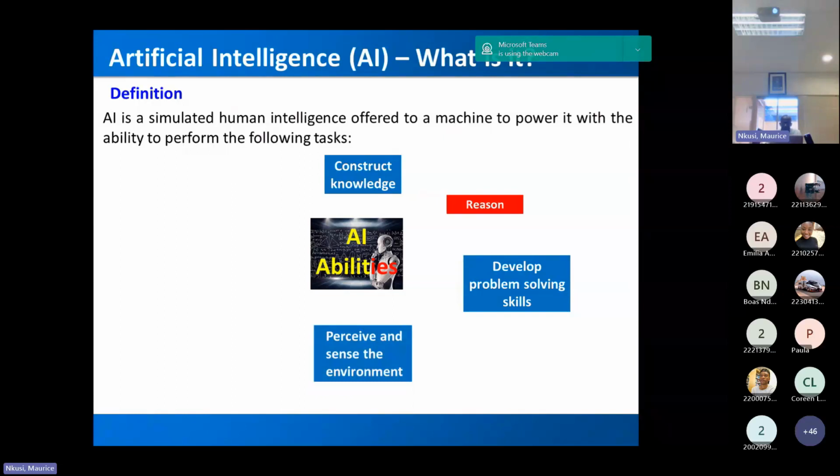Okay. This machine will also be able to perceive or to sense the environment. So these are the sensors, the devices that are built that can provide information of external environment to the machine that is having these AI abilities. The machine, the other part that is really very powerful, the machine learn on their own. So they have the capabilities of learning, is what we call machine learning.